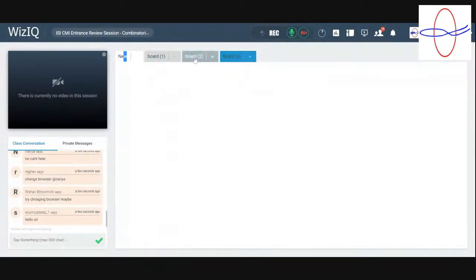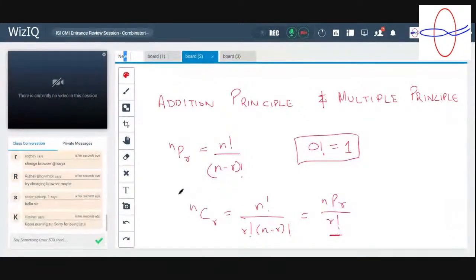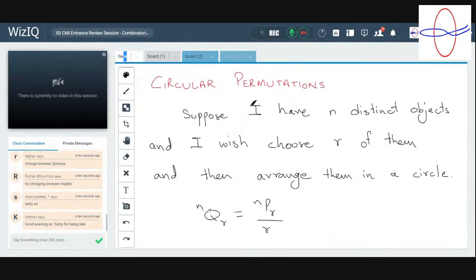So notice that nCr had an r factorial, but now I have only an r. Okay. And the case which you are all familiar with is when r and n are equal, in which case this is simply (n minus 1) factorial. Okay, the reason this turns out